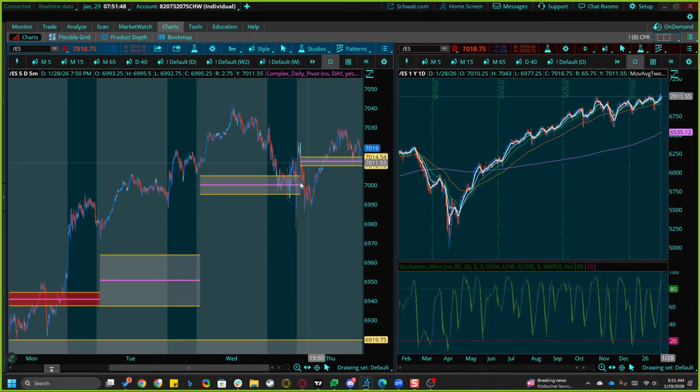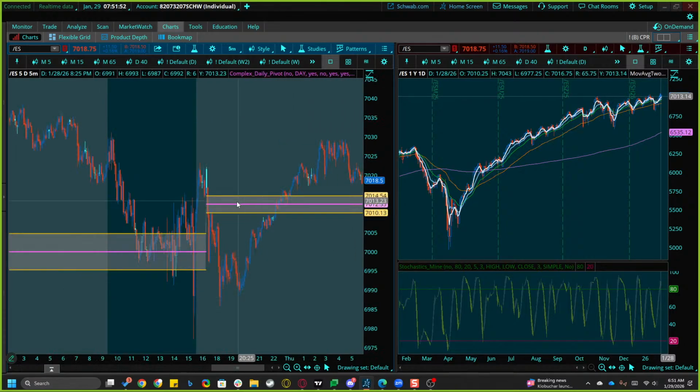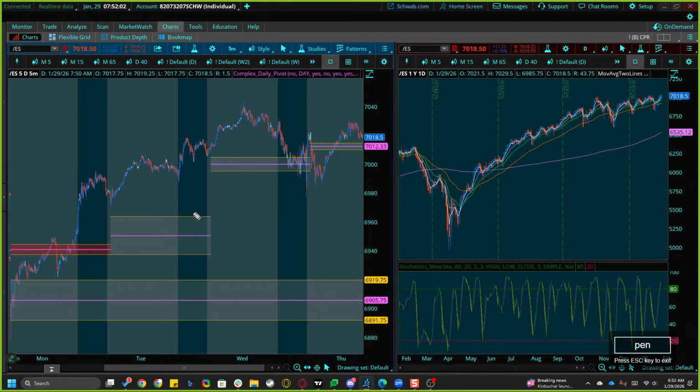Today's floor pivot is higher than yesterday. That's bullish. Price opened above it. That's also bullish. We ended yesterday without an MDP because we hit it, right? This is an MDP. This is a missed daily pivot. Price never hit it, right? Little Captain Obvious there. This is not an MDP because, well, we hit it.